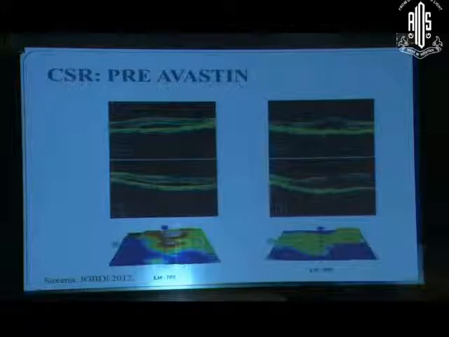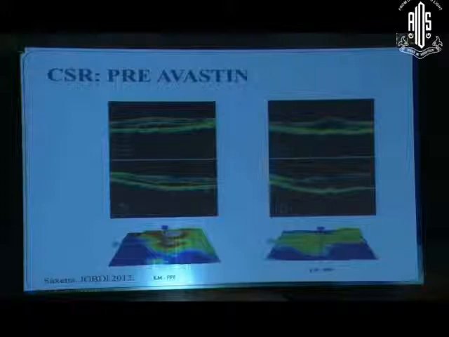And here is just one of my cases which I had tried, and this is a classic case of chronic CSR, where you can see the proliferating photoreceptor cells and the proliferating RPE cells. These are the main things on the OCT which show you that this disease is in a chronic phase, and subsequently after treatment the subretinal fluid has gone down. And here also you can see that the macular thickness has decreased.